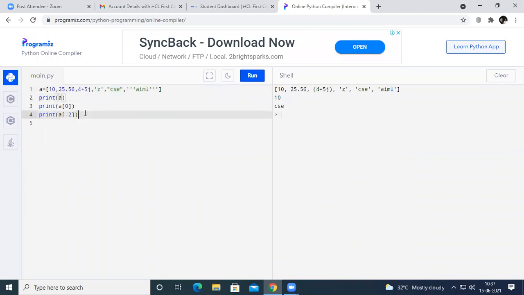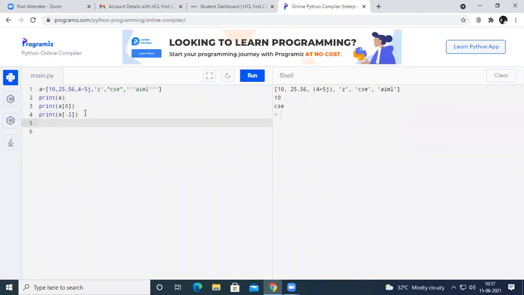Similarly, you can also replace the elements. For example, I want to replace this 4 plus 5j with the string ds. Let us see what the index of this value is. If you go for the positive index, it will be 0, 1, and 2.